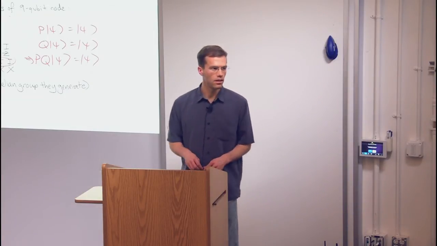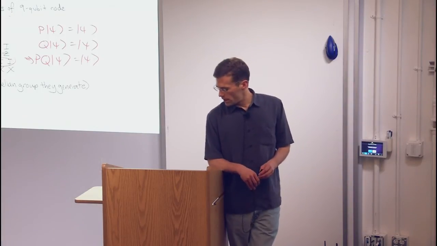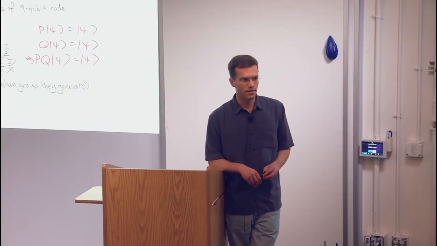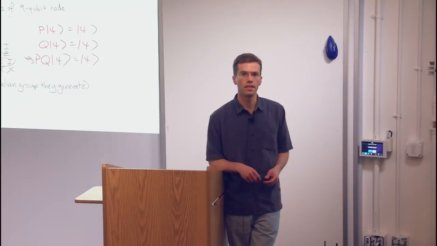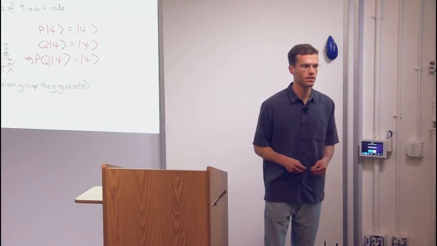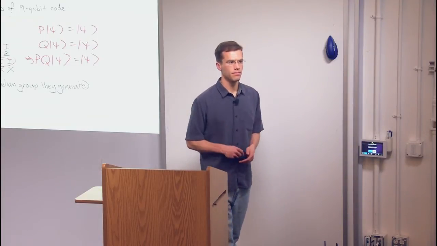Sorry, so what's the definition of a stabilizer code? Formally, I guess you define a stabilizer code as the +1 eigenspace of a set of commuting Pauli operators. Let's say, yeah, of a group of commuting, an abelian group of Pauli operators. I mean, they have to commute, but yeah.